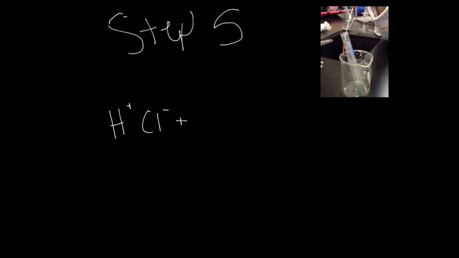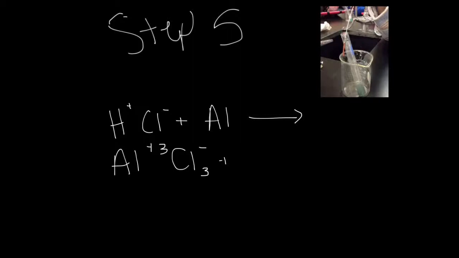Next, we took hydrochloric acid and added an aluminum wire to it. This yielded aluminum chloride and hydrogen. So we have 2 hydrogens here, but we only have 1 here. But we can't just put a 2 there, because then the chlorines would never match. So we have to have a 6 here, and then a 3 here, a 2 here, and a 2 here,